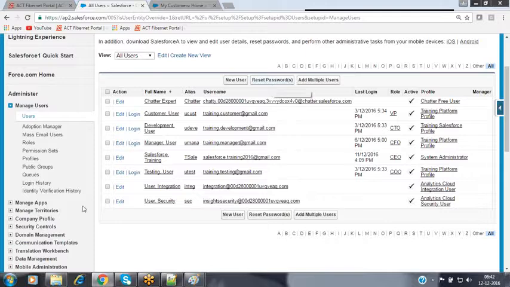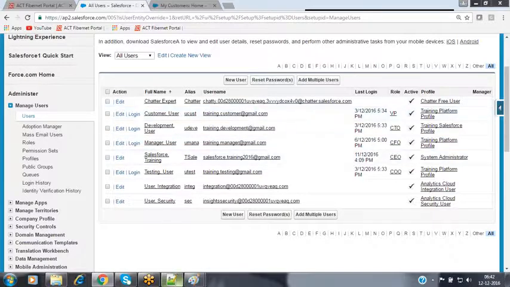At that time, select that user's checkbox and click on Reset Password. The password is reset, and the reset password link is sent to that user's email ID. The user clicks on that link and changes the password. This flexibility is available to you. So this is a way we can configure it.